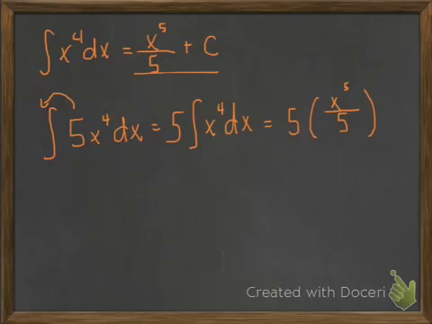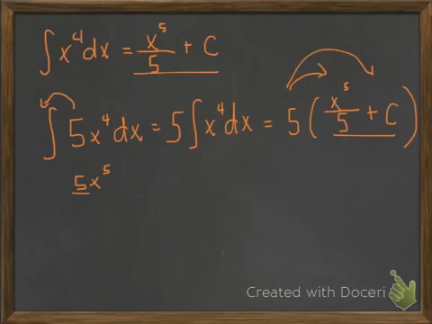And then, oops, sorry, you can't forget the constant, plus a constant. So you can further simplify this by distributing, because you already have the integral right here. So why not go back and distribute? So what you have is 5x to the 5th power over 5 plus